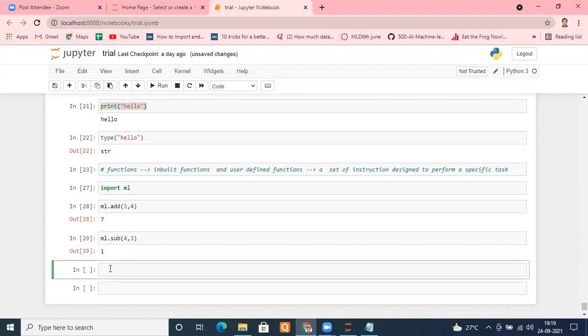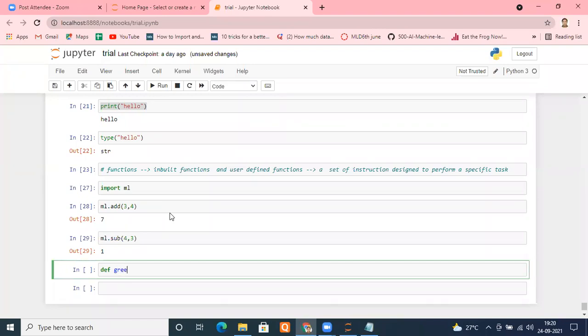Now let's understand how to create the function. To create a function, first of all, you will write the keyword def. And when you are creating the function name, you will use the same rules that we have used for creating the variable name. Remember that thing. For any identifier in Python, you will use the same rules. Remember what the rules are? It can be alphabets, small or capital. It can be numbers. It can be underscore. But the name cannot start with a number. That's it. So the same rules apply for creating the function name.